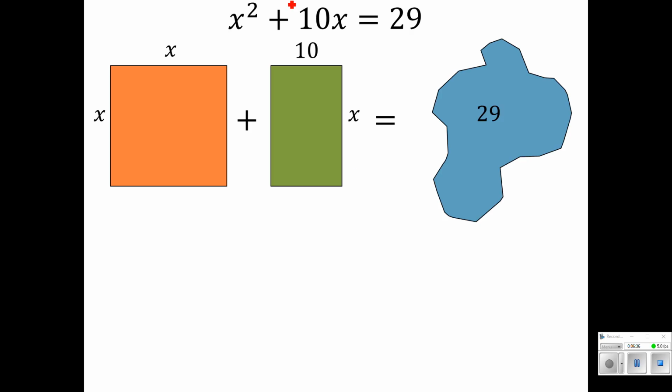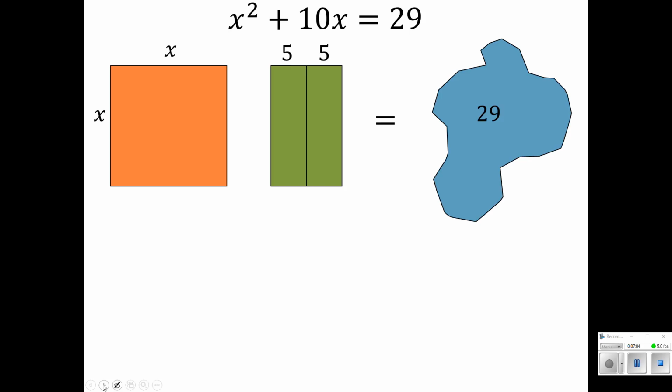All we want to do in order to solve this using our square root method is turn this x squared and 10x into something squared, make it a perfect square. So to visualize this, if we want to set up a square that we can complete, let's take a look at that rectangle that's 10x. If I divide that in half, then I have two rectangles that are 5x.